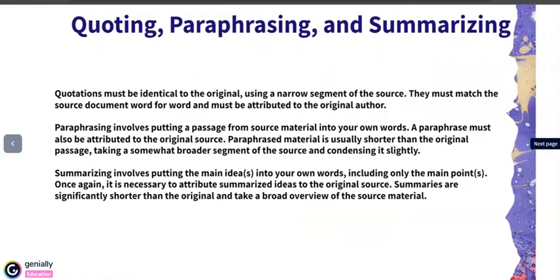Now let's talk about when you use citations: quoting, paraphrasing, and summarizing. Of course, a quotation is when you use identical text to the original, using a narrow segment of the source, and you use quotation marks. It must be cited. A paraphrase involves putting a passage from a source material into your own words, and the paraphrase should be cited. It's usually shorter than the original passage. Then summarizing involves putting the main ideas into your own words, including the main point, and it's usually longer. However, it must be cited. You must use citations in